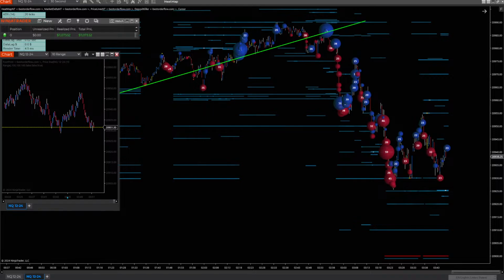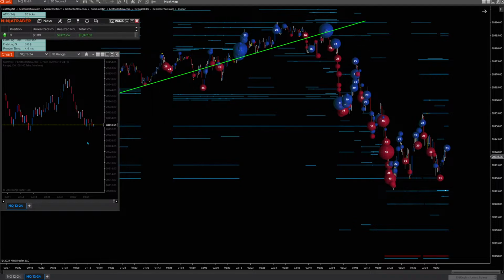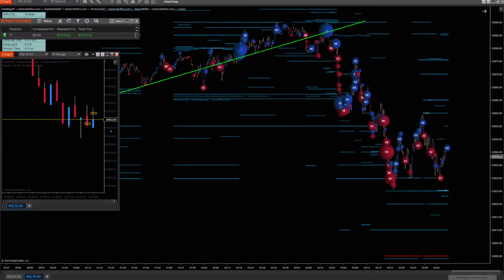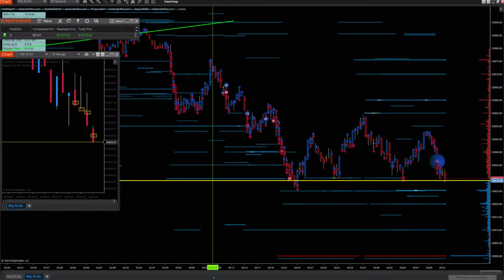Okay, so let me save this workspace. So I have a 10 range for London time. Here we go. Now the POC starts showing up on the candles, and what is this candle wick telling us? It's telling us that we smacked down, even though there is some attempt to grow up, but those attempts, we can see that on the